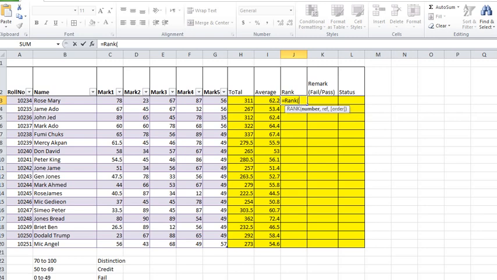So now we are working on this particular one. Let's use the total to rank it, which is H3. So comma, the range I think is from H3 to H20. That's the range. So if you want to state the range, you put a dollar sign